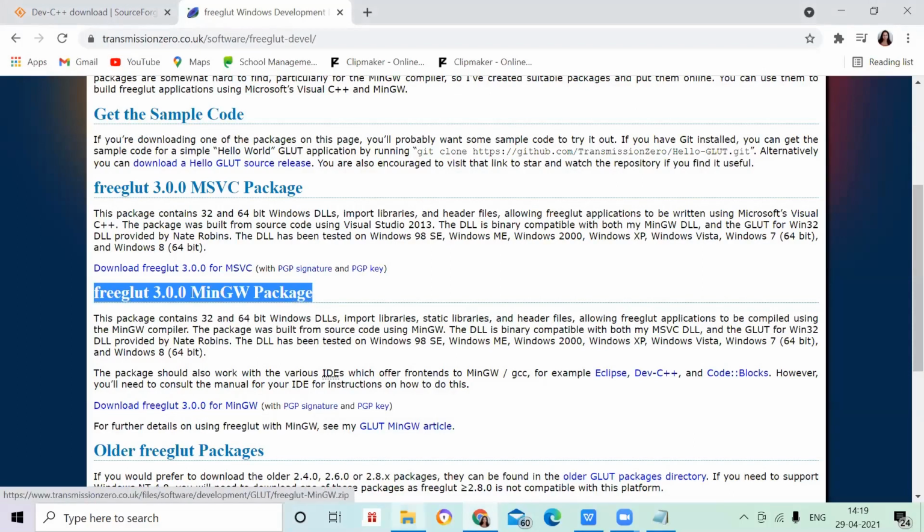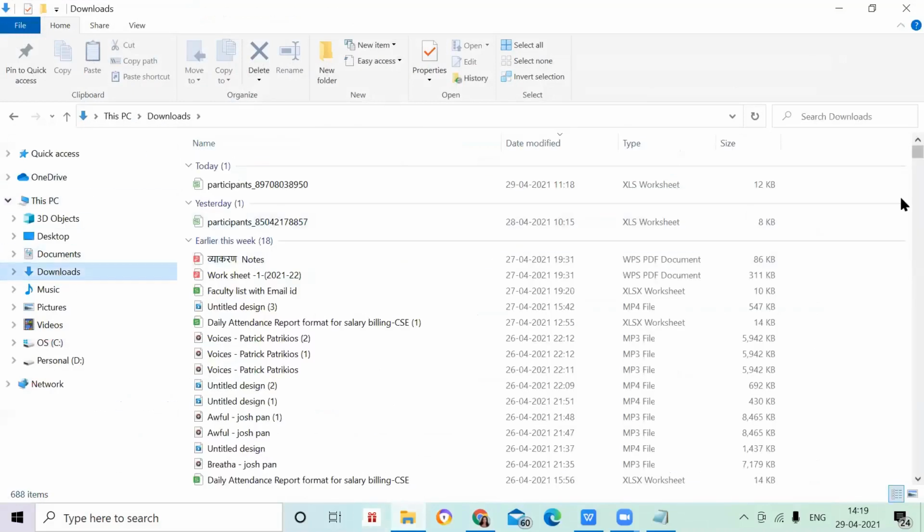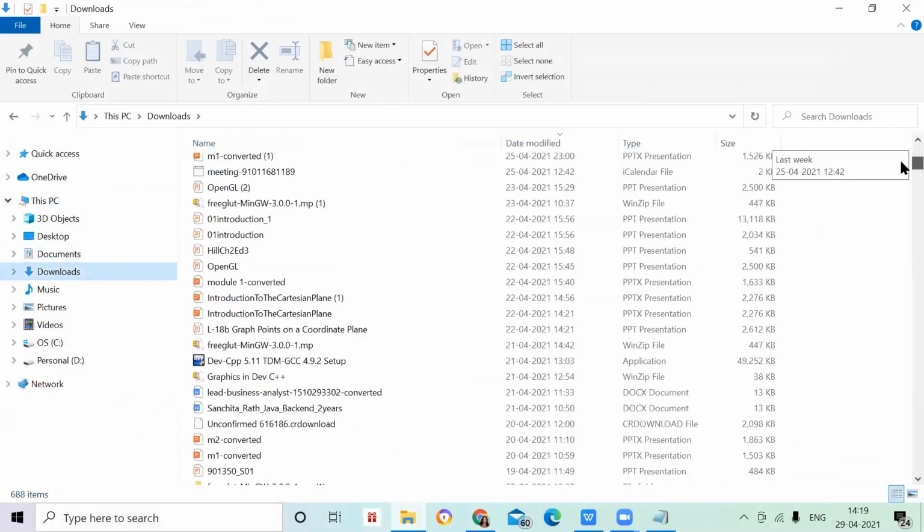Whenever you click it, it will automatically download and save here. I have already downloaded all these things. You can see my file, freeglut-MinGW-3.0.0-1.mp, which is my WinZip file that got downloaded.